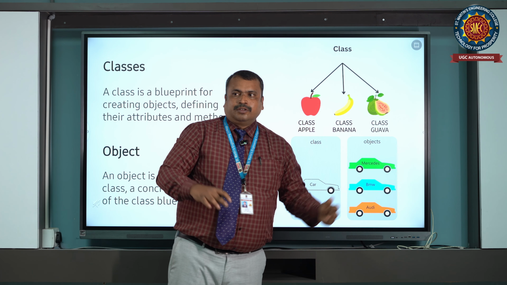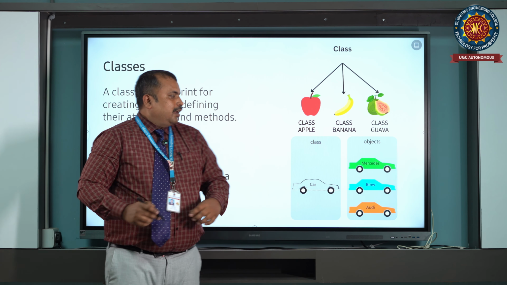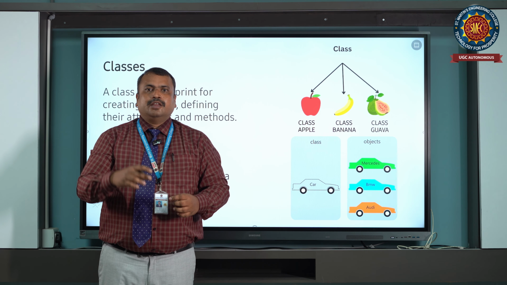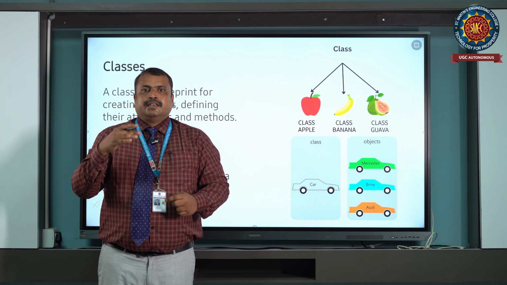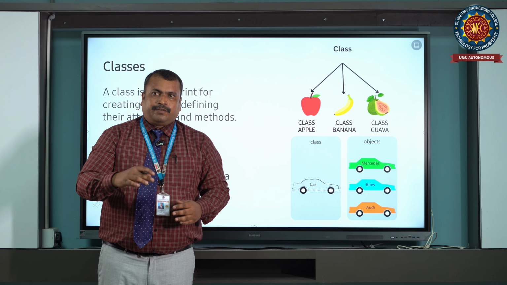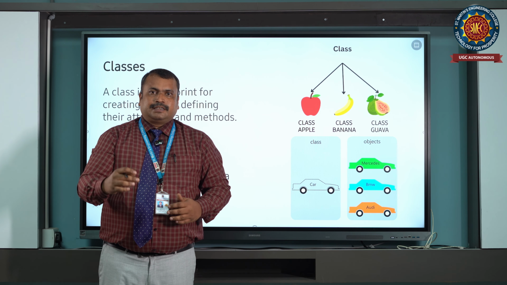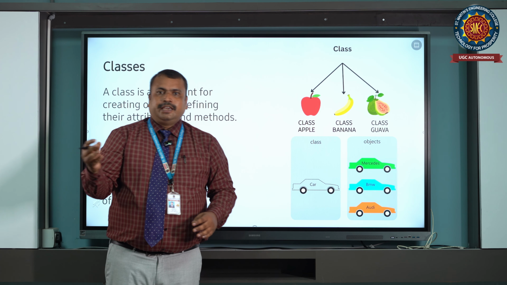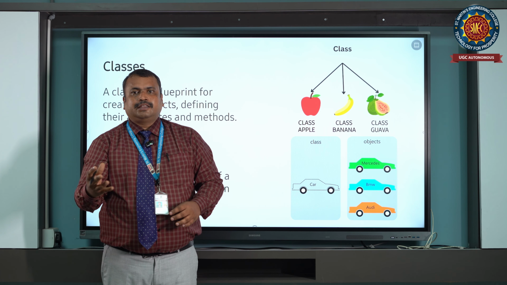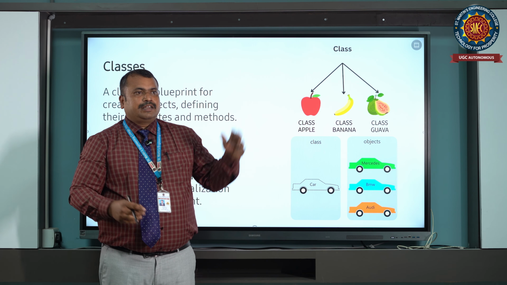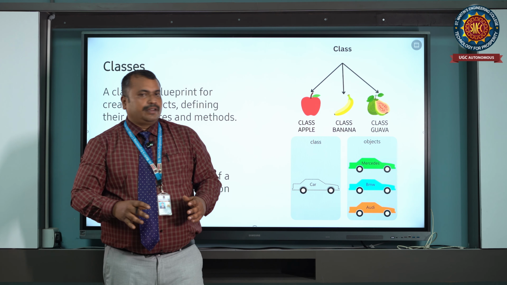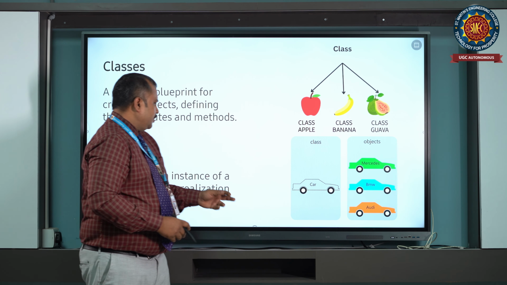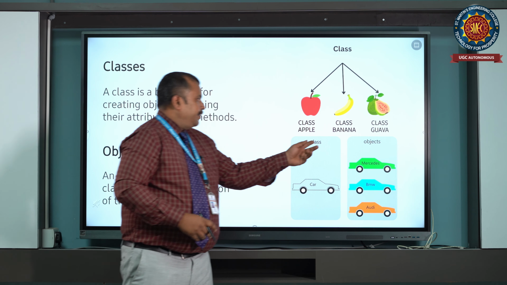In a classroom, we can say that roll number 1 to roll number 70 belongs to the computer science and engineering A section, then 75 to 100 is B section, then 100 to 150 is C section. Actually, each and every student represents a particular object. So what is a class? A grouping of similar objects is known as a class.